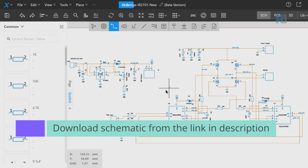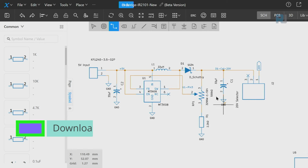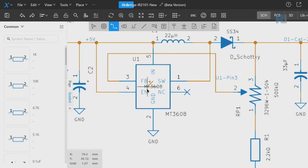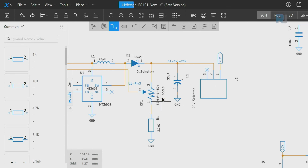And here is the schematic. On the left side, we have a boost converter that receives 5 volts. This can work even with 3.3 volts, and it will convert it to 20 volts. So this chip is MT3608 with this inductor and then Schottky diode. We have a potentiometer that we can set the output voltage. Output voltage is here 20 volts. So we will connect a jumper here to turn it on and off for some test purpose. And then